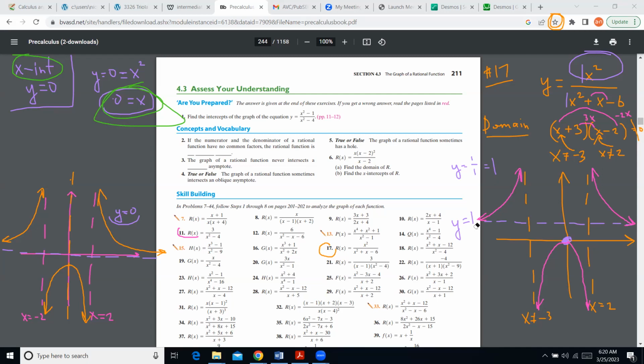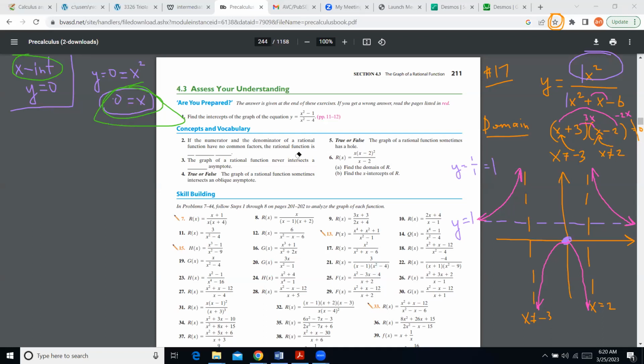So points of intersection with the x-axis, I think, are extremely helpful to know, because they give us ideas of how to graph. So today we looked at the graphings of fractional functions,